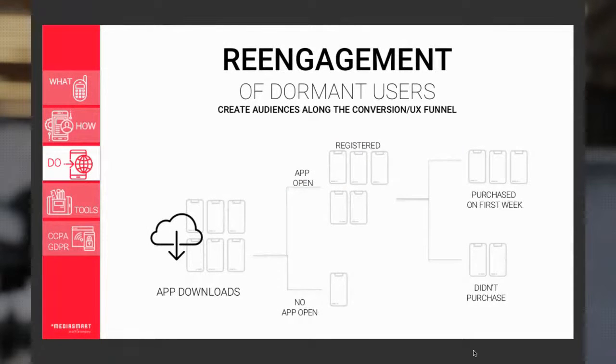So re-engagement is a more advanced way of simply retargeting. That means that you create audiences along the conversion funnel of your app or of your offering. So let's say in this case you have the app downloads. So we have people that downloaded the app, in this case 6, of which 5 opened the app, 1 did not. And of those 5 that opened the app, 3 purchased in the first week and 2 did not purchase. So each one of these becomes a different